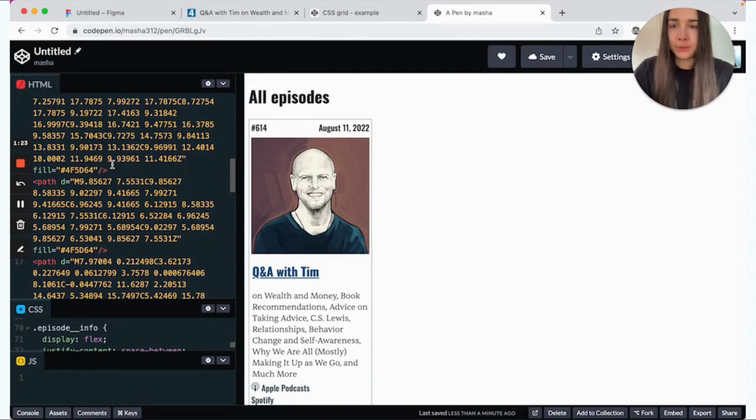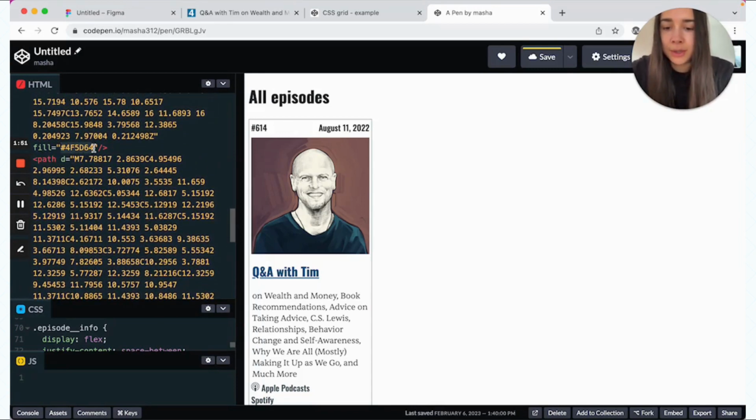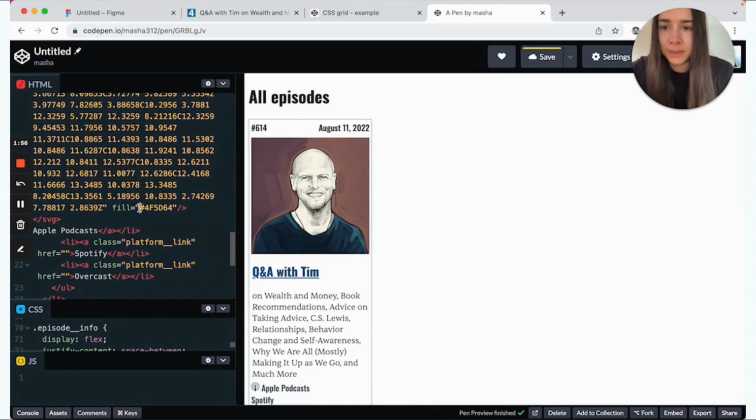What you can do if you're doing this in the actual code editor is create a separate file for the SVG, store it there, and just reference it in your HTML file. And one thing I'm going to do here is replace this fill from this hex gray color. I'm going to just say currentColor. This way, if we ever want to update the color to something else, we don't need to worry about updating that for our SVG as well. We'll just do it in one place, wherever we set the color that references this element.